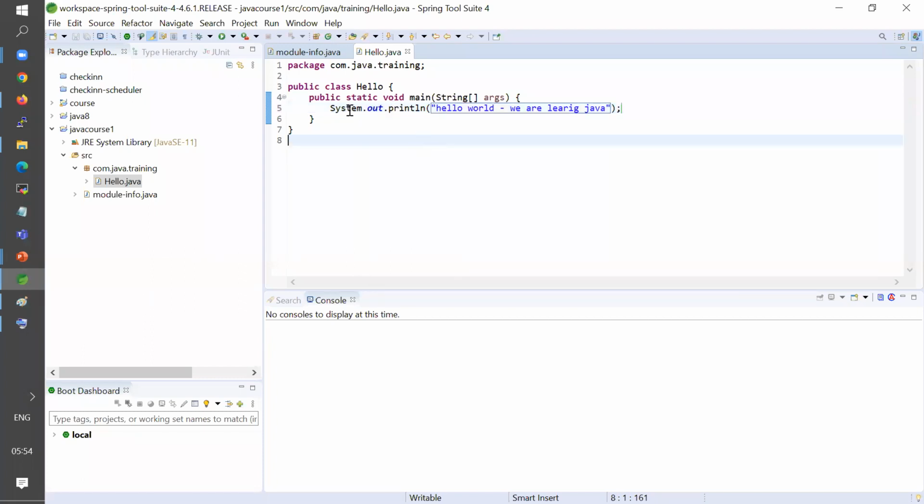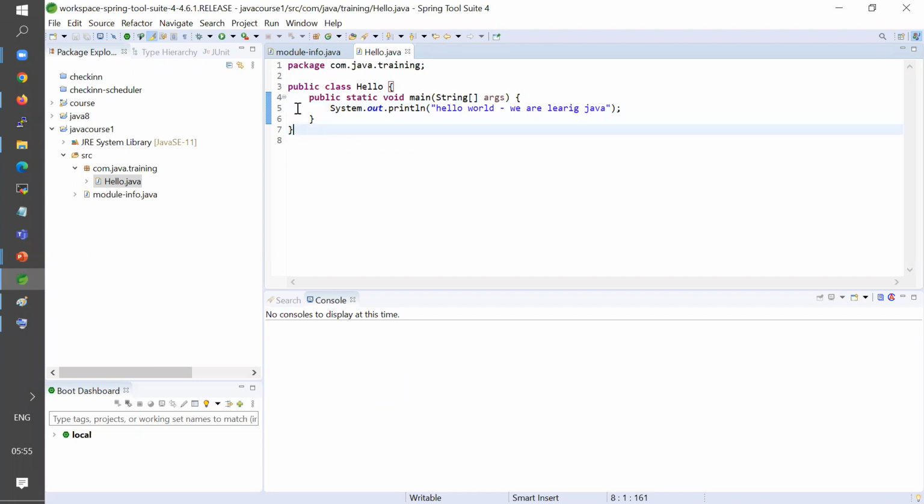So basically what does this syntax do? System.out.println is nothing but it will try to print whatever message we wrote here into the console. Console in this case is the screen, the standard output, the screen of our machine, which is basically this console. So it will just try to print that message in the console. Okay, so now